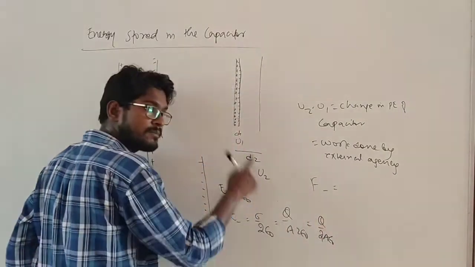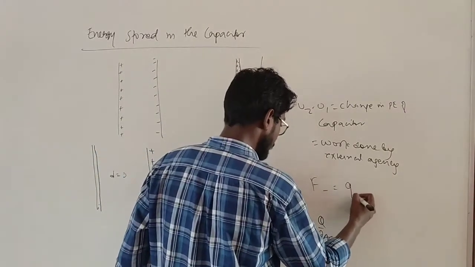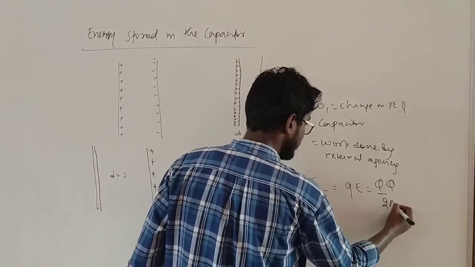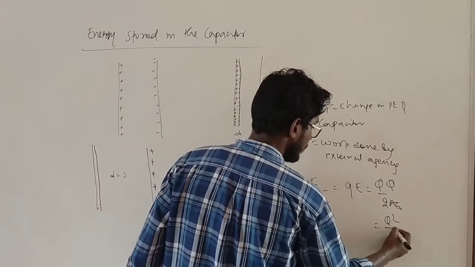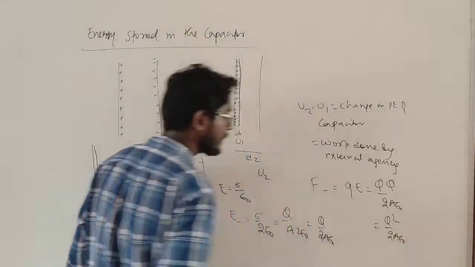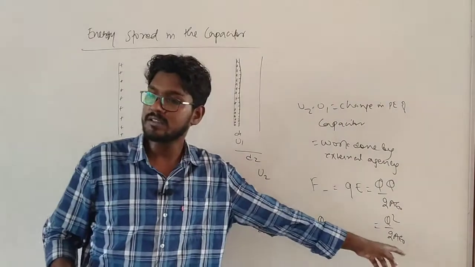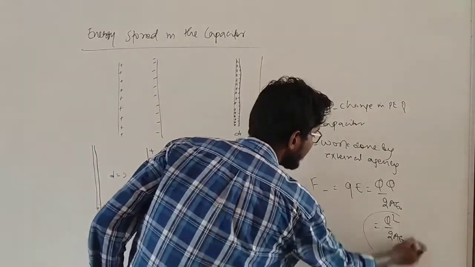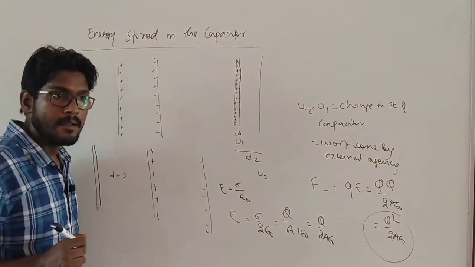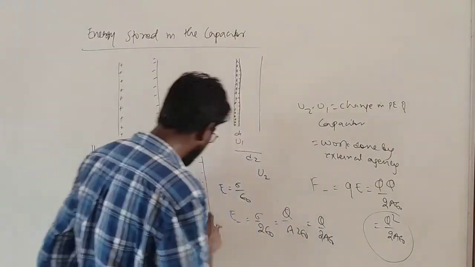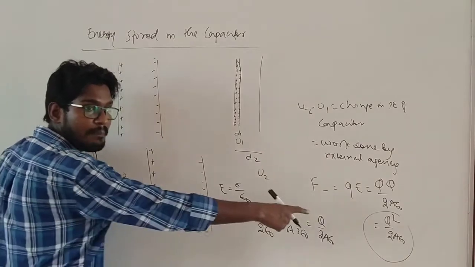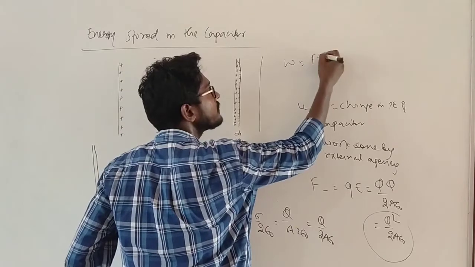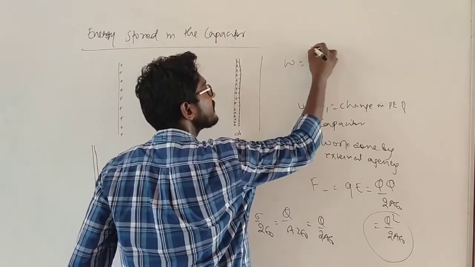force on minus plate is equal to QE, which is equal to Q upon 2A epsilon naught, which is equal to Q square upon 2A epsilon naught. Okay, this is the force. Now work done is equal to... now see, this force is independent of gap, this force is independent of gap, that is, it does not depend on the gap. Clear. So the formula for work done is F dot s,